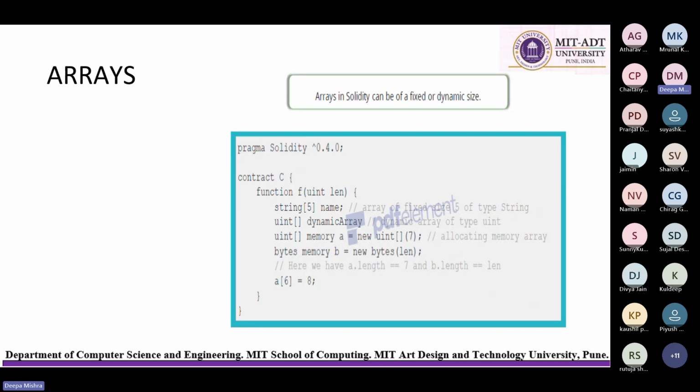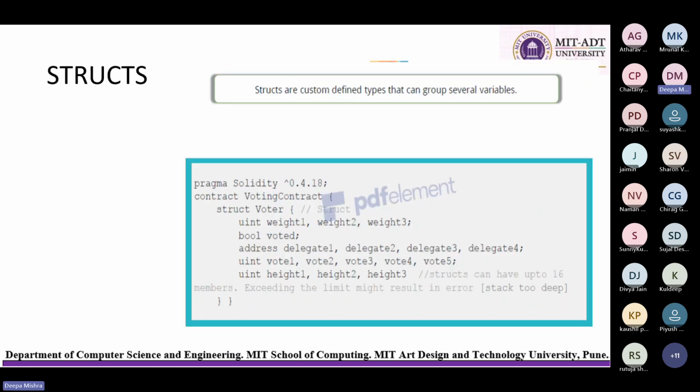Now for the next topic, which is structures, we need to discuss the difference between arrays and structures and the need of using both of them. Arrays we basically use when we want to group similar kinds of items together, whereas structures are custom defined. Whenever there's a need of grouping different data types together, we have to go with structures, not arrays, because an array can group only similar types of elements. A structure can group dissimilar items together also. So we'll